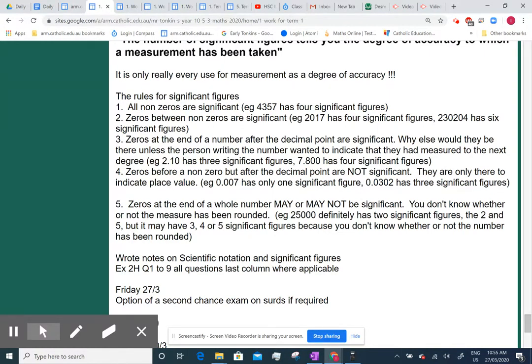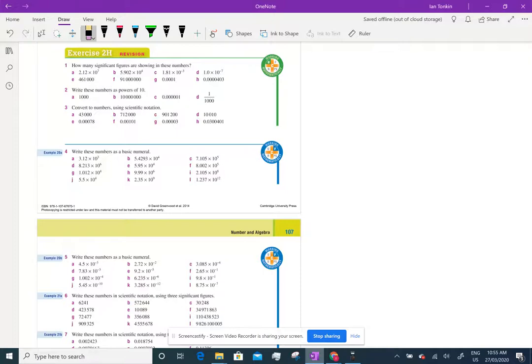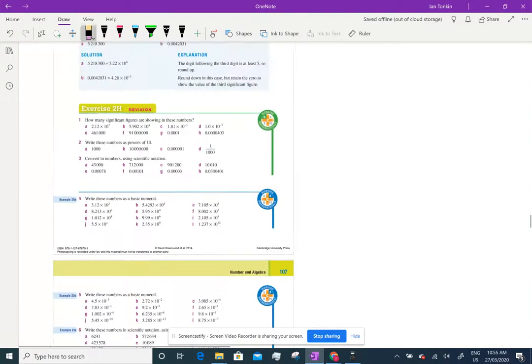So where did I round off? Were there 24,500? And hence I rounded up to 25,000. There are definitely two significant figures, but you don't know whether or not I have rounded. So if we go back here and we're looking at these ones,